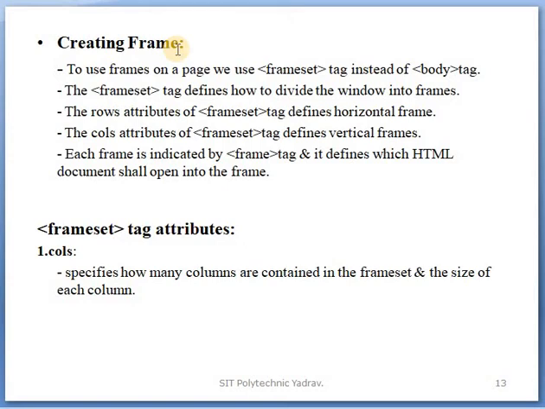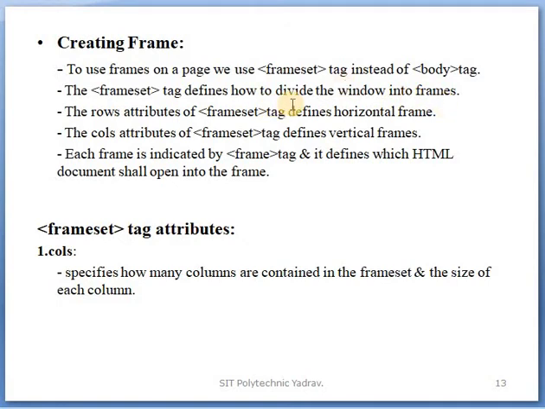In the frame concept, you create the sections on that web page, so you use it the same way as the body tag. The frameset tag defines how to divide the window into frames.